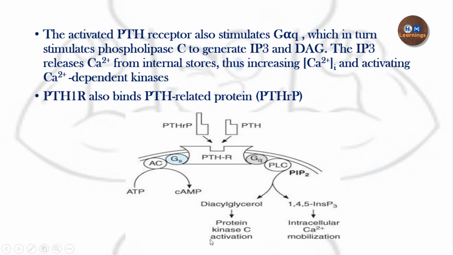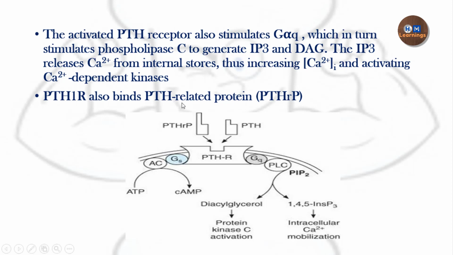So, the same thing which we have done earlier, there will be protein kinase C activation, and a release of calcium from the ER into the cytosol. So by these two mechanisms, there is only one receptor, but this one receptor is coupled to two signal transduction pathways, and there is an increase in the intracellular calcium concentration, and there will be what? There will be the physiological actions, the biological effects which the parathyroid hormone is supposed to bring. So this is the complete action, linked to two signal transduction pathways.